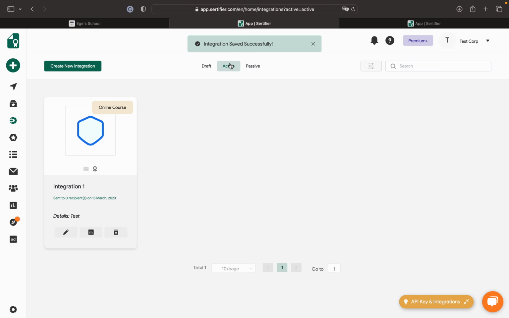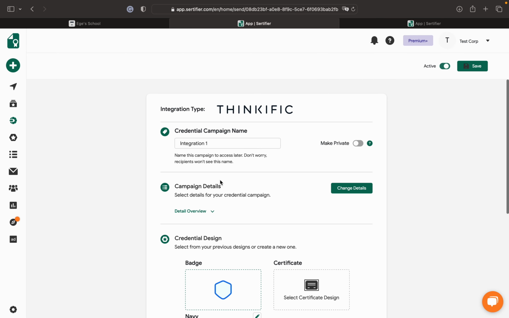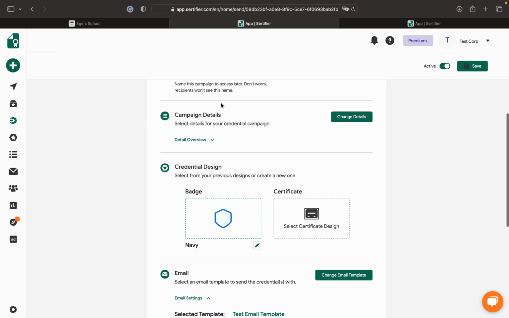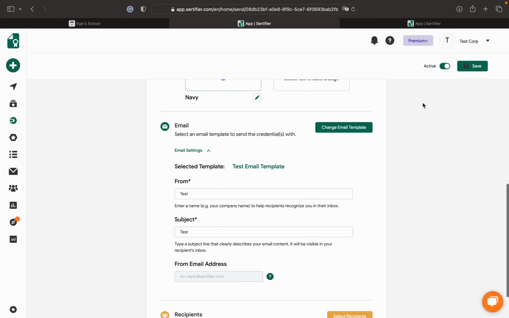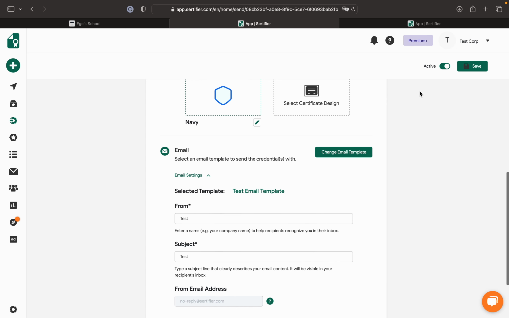Now, once we press save, you can see that our tab has changed and we're now in the active tab and our integration is currently in active status. What this means is everything is fully set up right now and is finished. Once a user finishes the course that we picked at the start of the integration step, they will receive the credential that we have set up right here. And that credential will be formed of the data containing the detail, the design, and the email template that we have formerly set. You can see from the top right corner that the active switch is on, so everything is